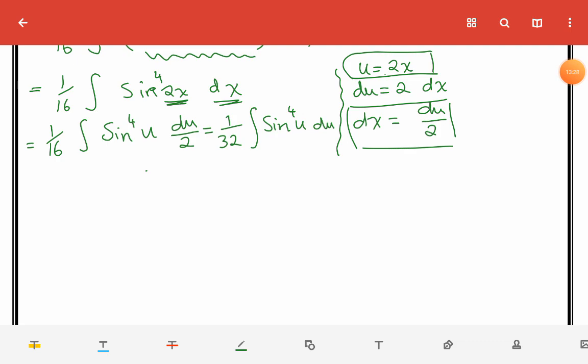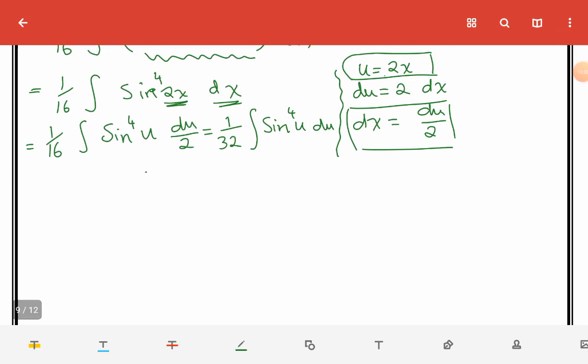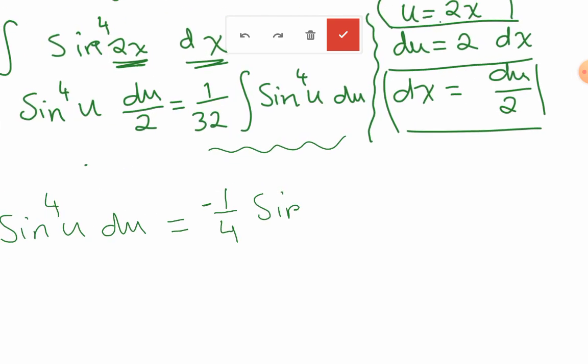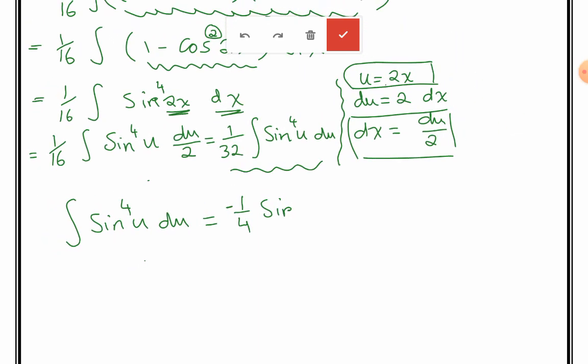Now I will stop the question here, and I'm going to find the integral especially for sine to the power of 4 u du, and then multiply my answer by 1/32. We did this question in the previous video, but we're going to do it again, which is here negative 1/4 sine to the power of n minus 1, which is 3, u, and then cosine u,